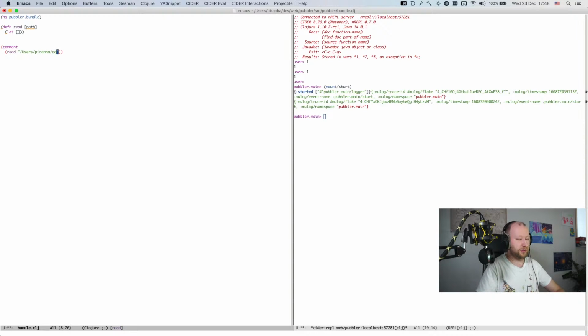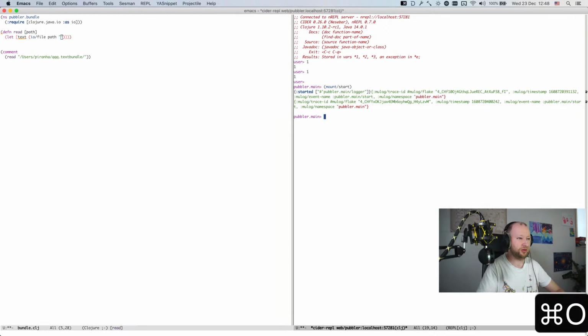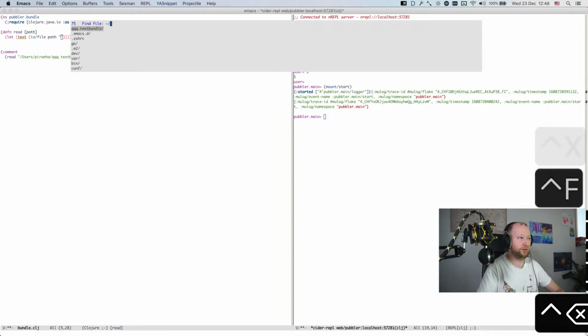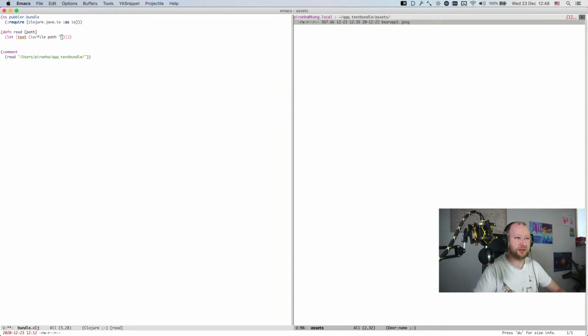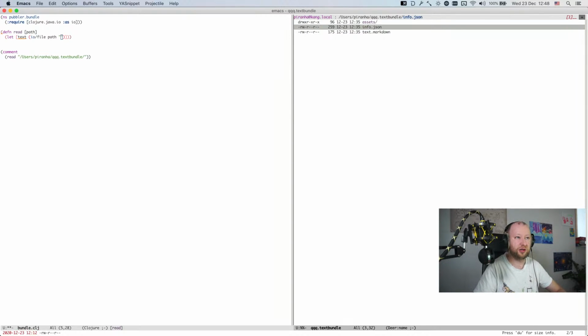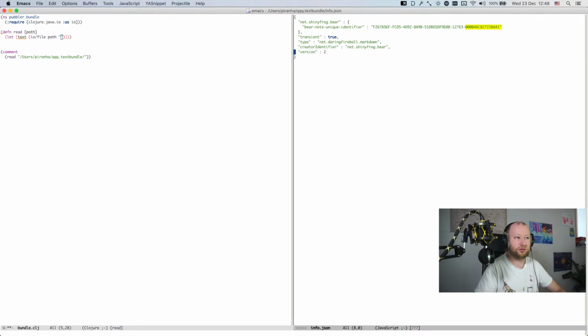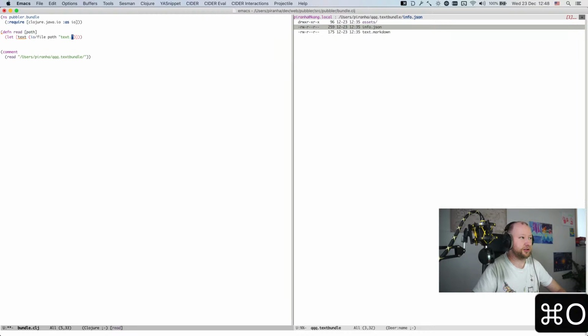I did something to my Emacs. Okay. Users QQQ text bundle. So text is like io file path. What's it called? Text bundle assets. No. Text markdown. Do I need to look here? No, it's just text markdown. Okay. Text markdown, and then